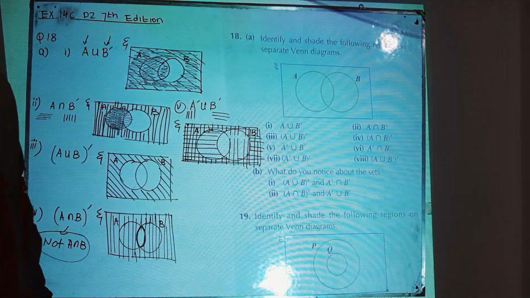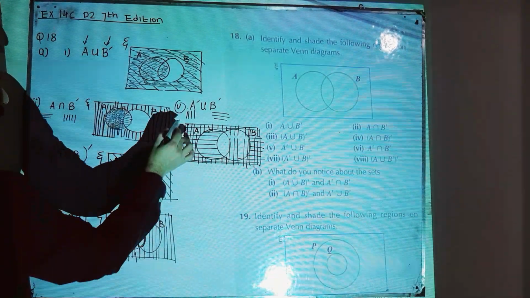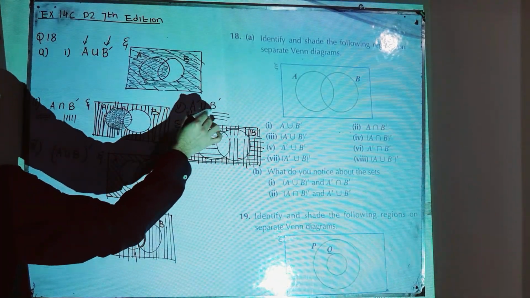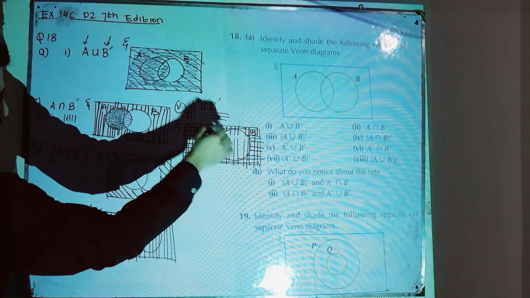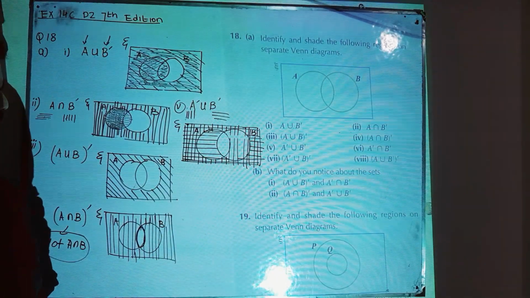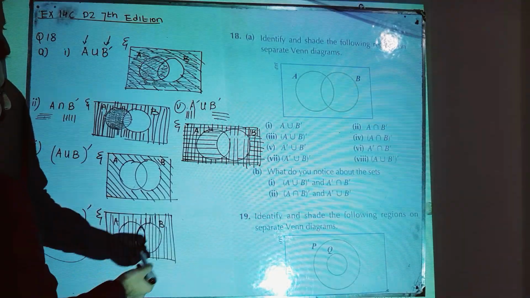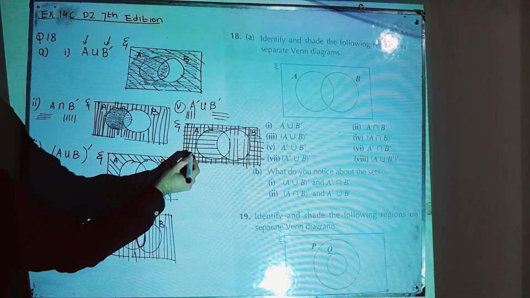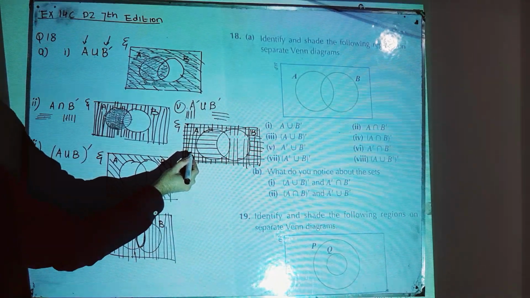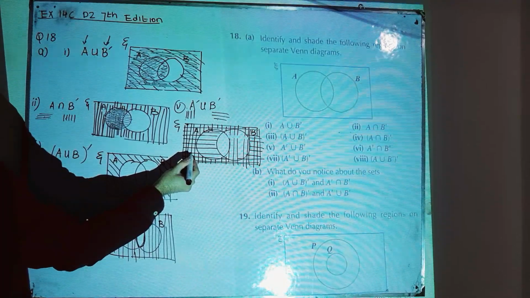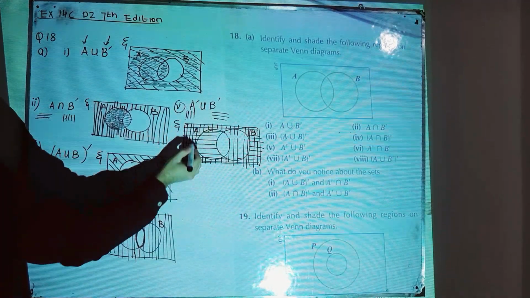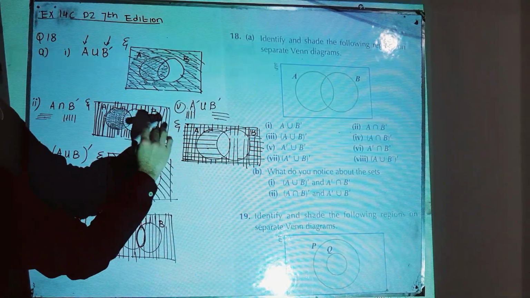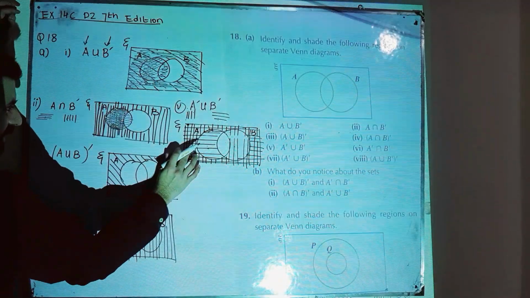Now what about union? Union means all the region where you have vertical lines and where you have horizontal lines, meaning where you have A complement and wherever you have B complement. Both the regions for A complement and B complement will be included, irrespective of whether you have one of them or both of them. The double lining shows that here you have vertical as well as horizontal lines. Presence of both lines means you have A complement and B complement over here, and presence of single lining means you have one of them. So the union includes both of them as well as one of them.